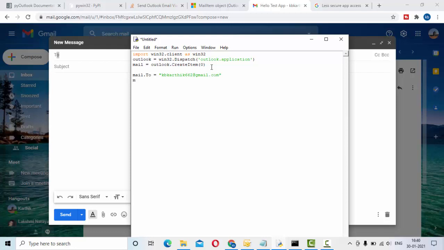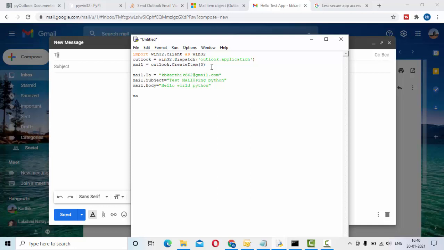Then you have the subject. So mail dot subject as, let me say, test mail using Python. Then you have the body. So mail dot body is equal to, let me use hello world Python.